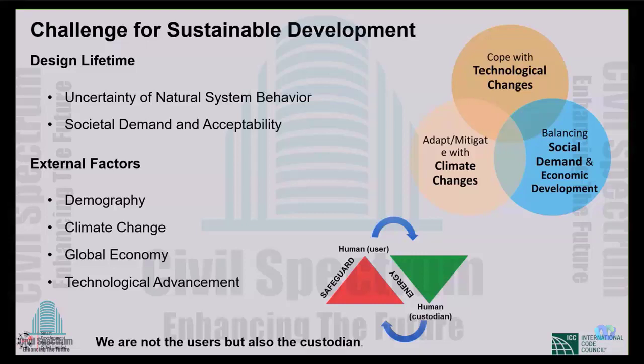is the change in technology. There are changes, so you have to cope with the changes of technology: new machines, new computers, new methods of solutions. We have to adjust. We have to understand. We have to cope with these things. So it is dynamic in nature. We have to cope and adapt with the changes, including climate change. And also we have to understand